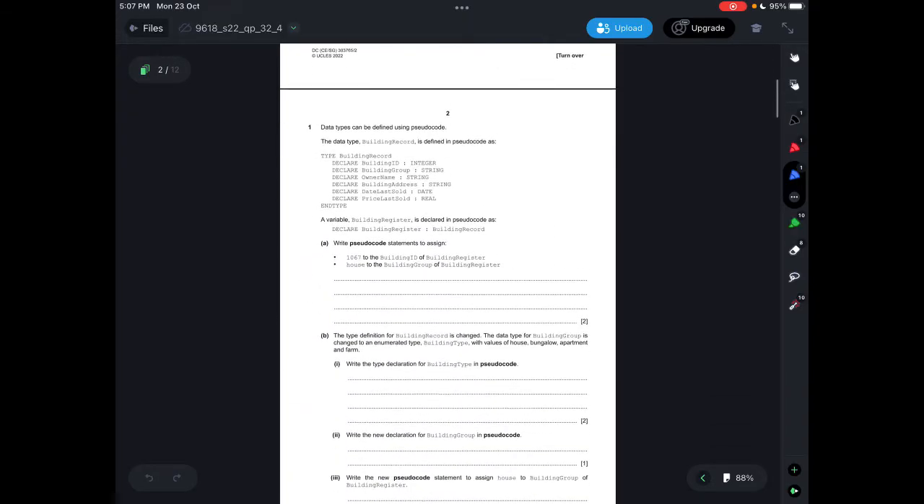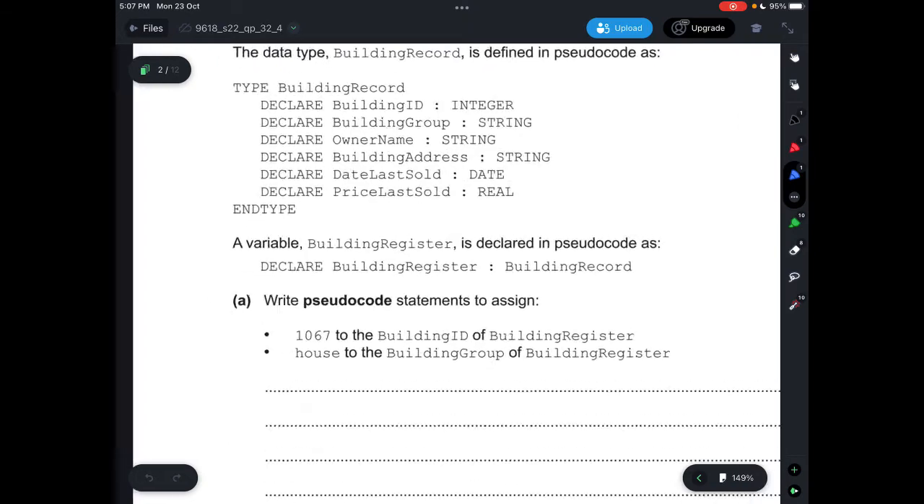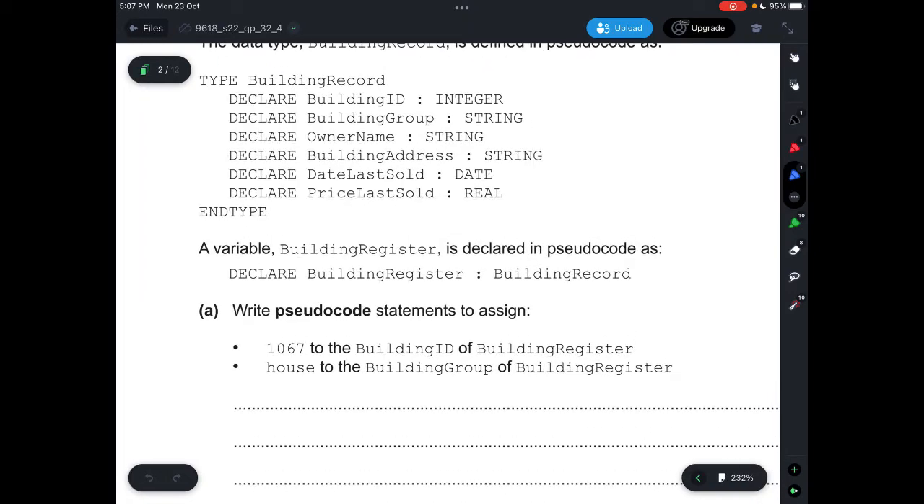Alright, let's start. For the first question, it says data types can be defined using pseudocode. The data type building record is defined in pseudocode as the code on the bottom. A variable building register is declared in pseudocode as declare building register, building record. Write pseudocode statements to assign 1067 to the building ID of building register, and house to the building group of building register. So what we do here is that building register is now declared as building record, which is a